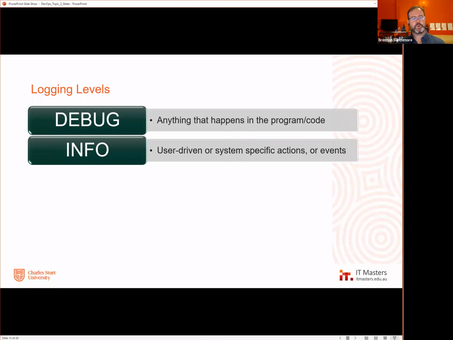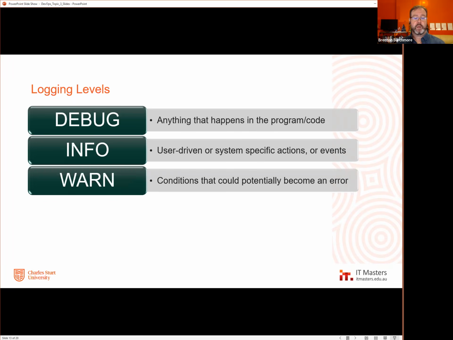Information reporting is often talked about as things that are actions, user-driven things, an event that takes place proactively, something that occurs where a system says, we're going to do this now, or a person says, I'm going to do this now. Warning logging levels, these are the sorts of things that are typically on all the time. These are conditions that could become an error.